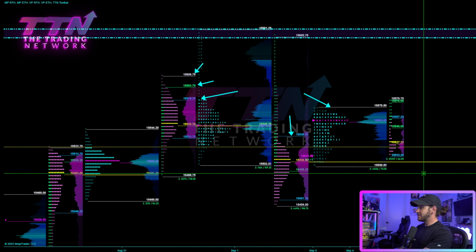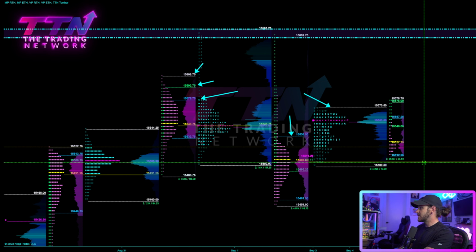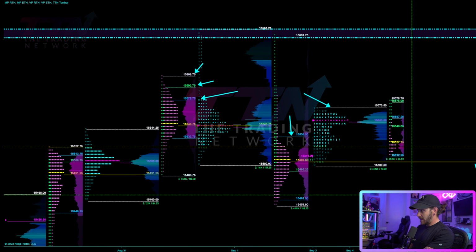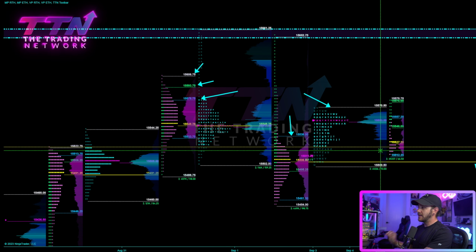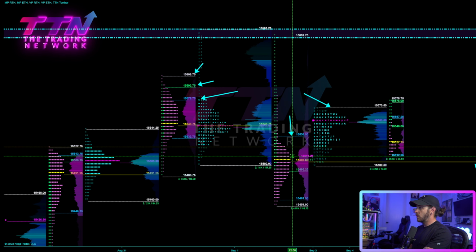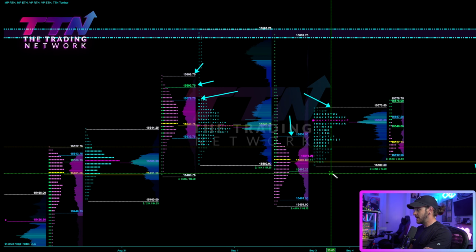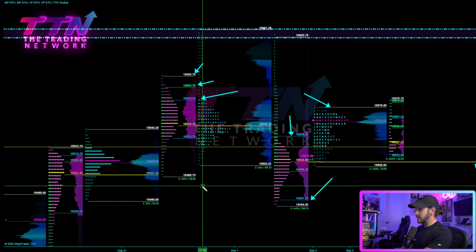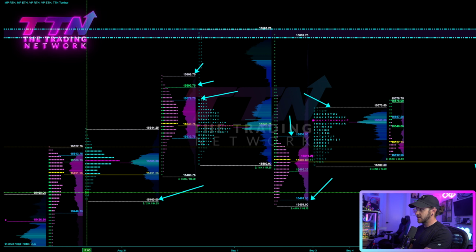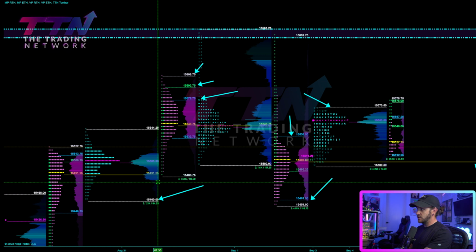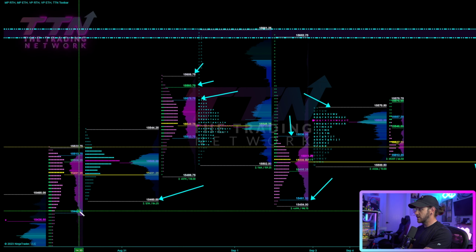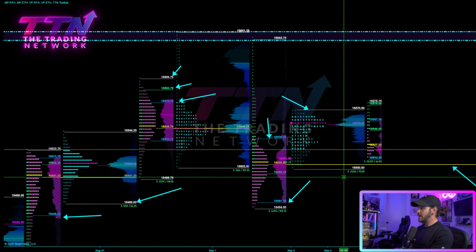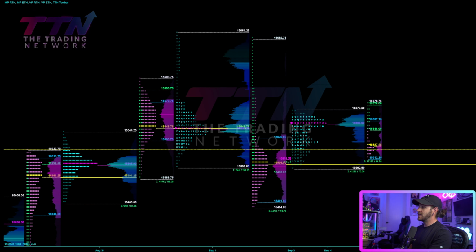And to the downside, we have some interesting levels that we actually didn't even test today. So I would be looking for a move to test this 15,506 level, and based on whether or not we can use that level as support, I will be looking for a move potentially back up to test value high. And if 15,506 breaks to the downside, I'll be looking for a move into Friday's low, which also coincides with this low from August 30th into 31st right there at 15,460. We also have value area low from August 30th at 446. So that is what I will be looking at when it comes to the NQ session profile.